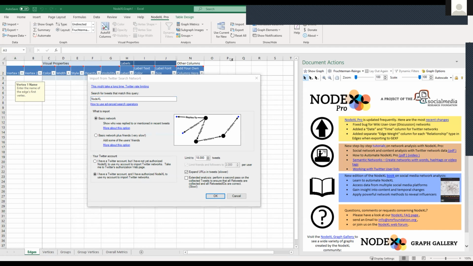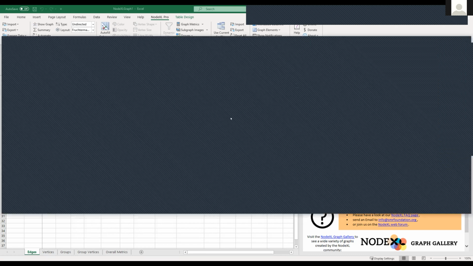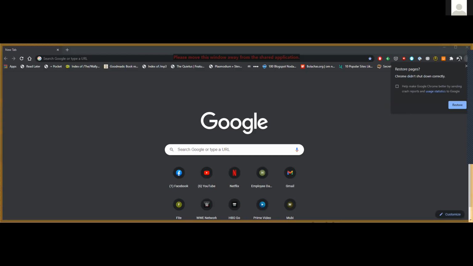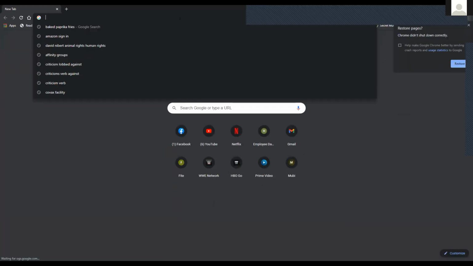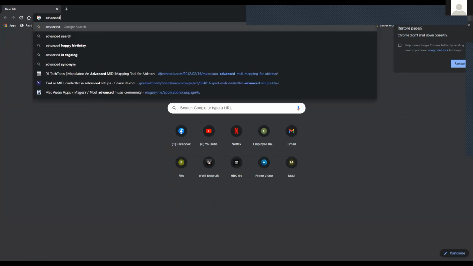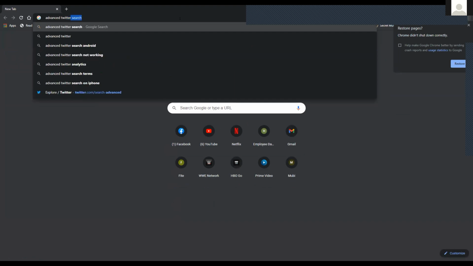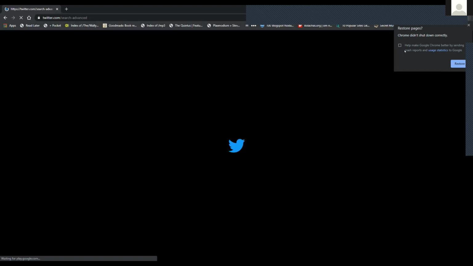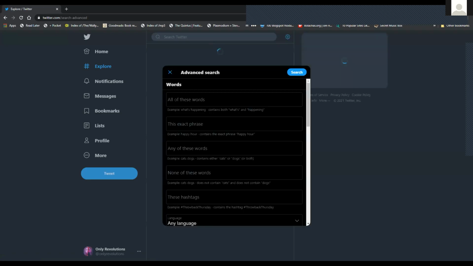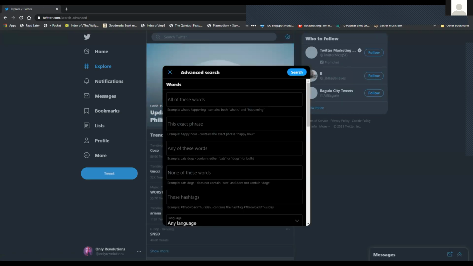So the easiest way to do that is to go to Twitter Advanced Search. And then you can put in stuff here. So for example, let's say,